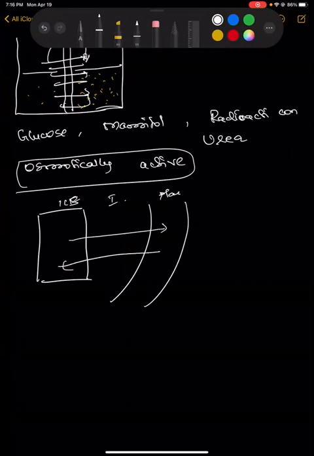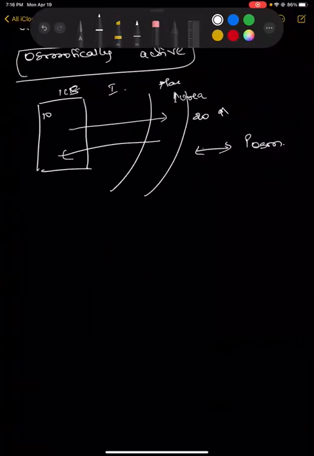So it tends to move freely. If there is an increase in urea in the plasma, this will automatically tend to move into the ICF. If there is 20 in the plasma, 10 of it will move into the intracellular compartment and it will try to normalize the plasma osmolality. Because of which there are not much changes in the sodium concentration when urea is present in a higher amount in the plasma.